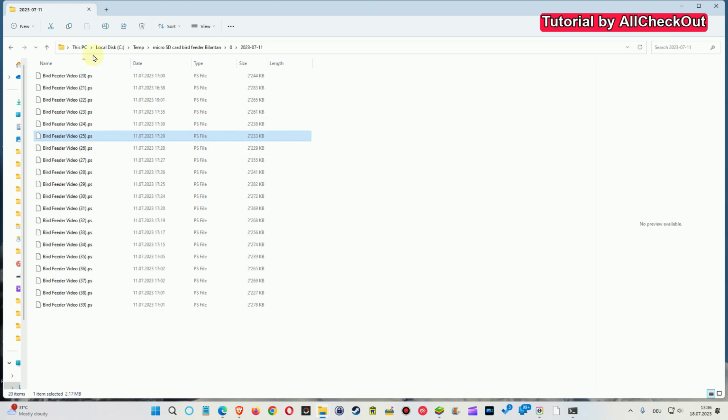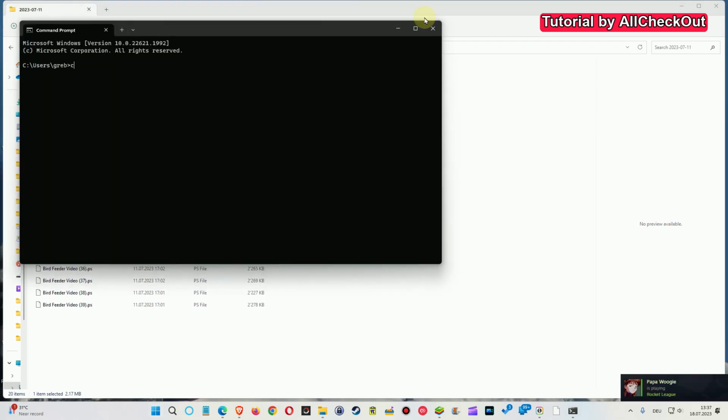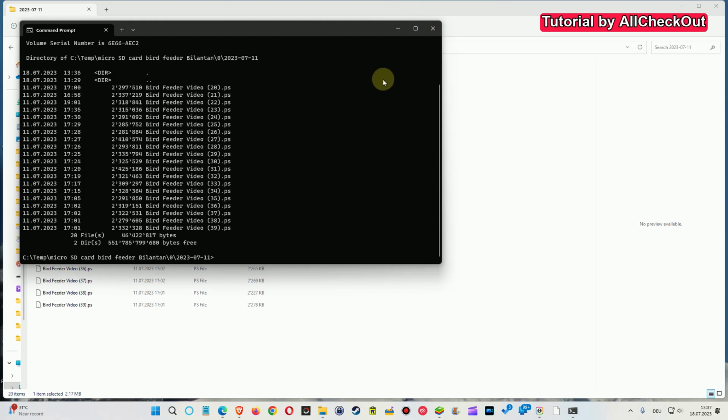So what we need is to have all the files which we want to change in one directory, and then we copy the path with right click, copy address as text, and then we hit the Windows key and type CMD, hit enter, and here we type CD space, and then we hit Ctrl V to paste the path. We hit enter, and then we are here. You can see we can type dir, hit enter. We see all the files,